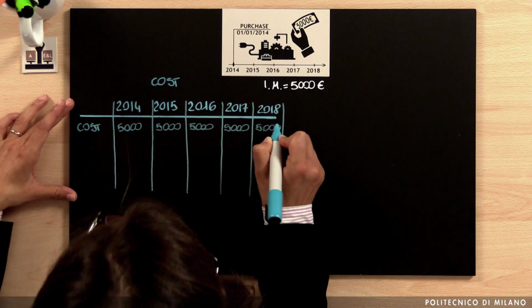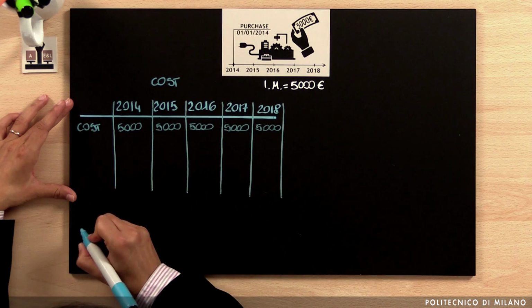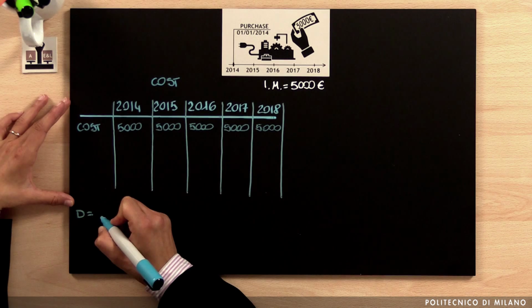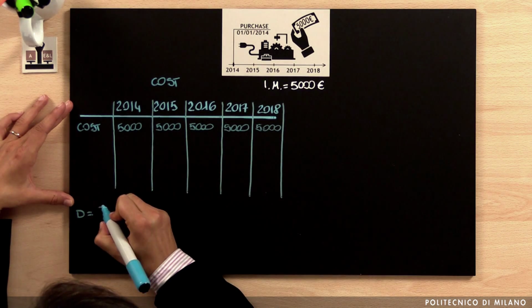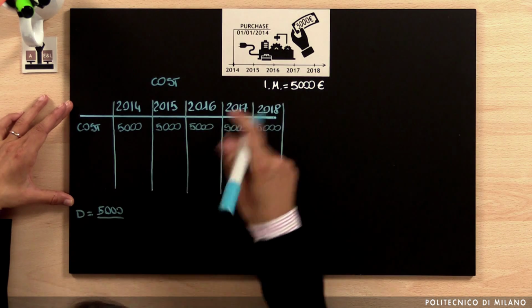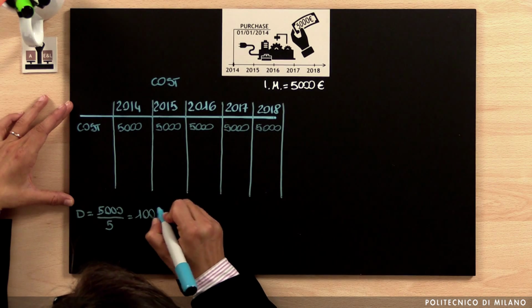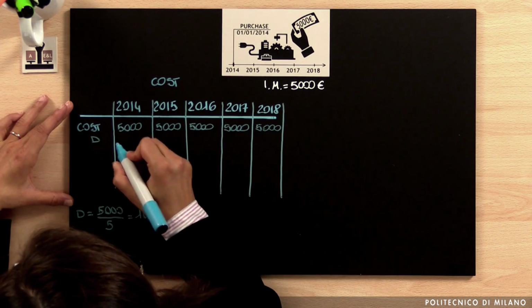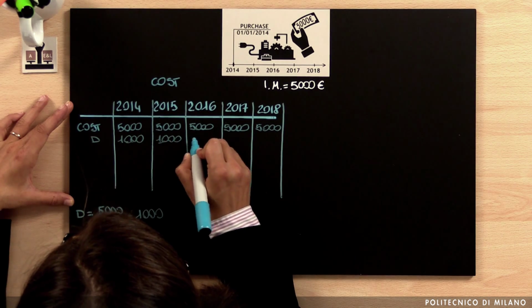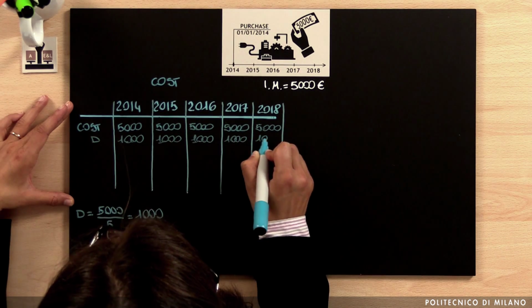The company, if you remember, should calculate the depreciation, so the annual loss of value. The depreciation, if you remember the formula, is calculated as the ratio between the cost, which is 5,000 euros, and the useful life, that is represented by 5 years. So the annual depreciation is equal to 1,000 euros. This depreciation of 1,000 euros enters, if you remember, the income statement, and the value is the same for all of the 5 years.